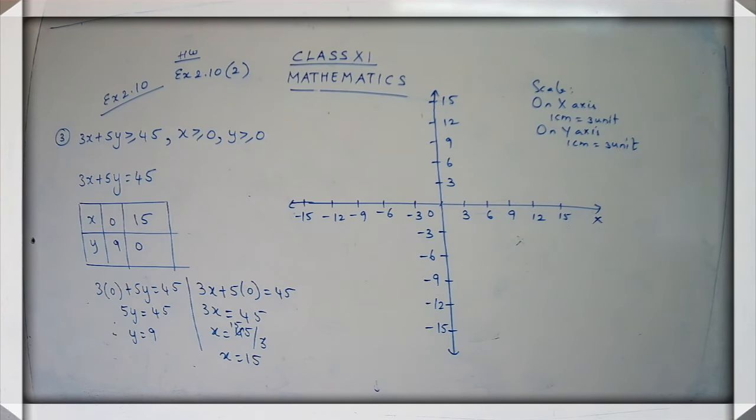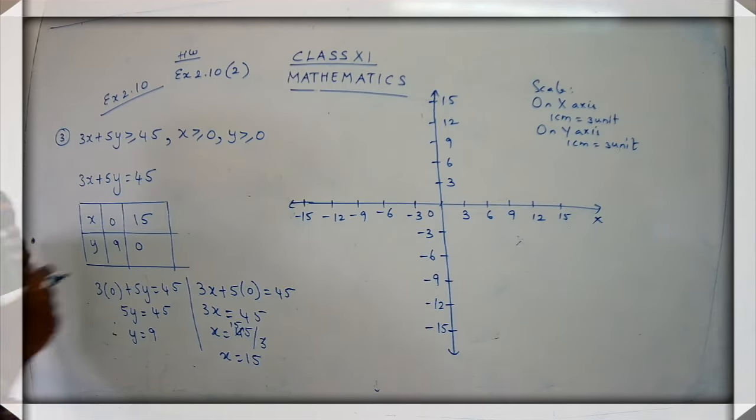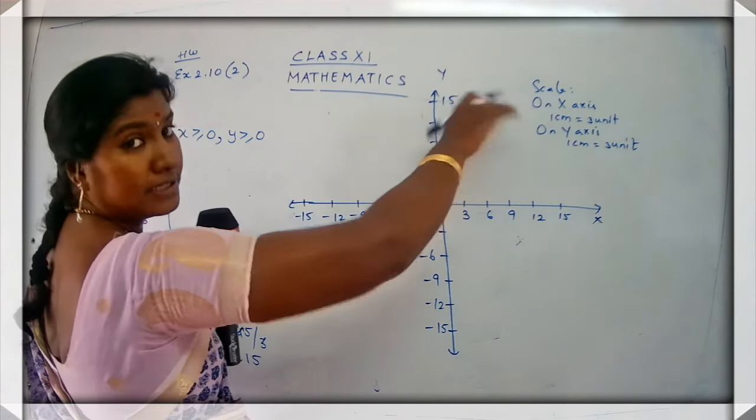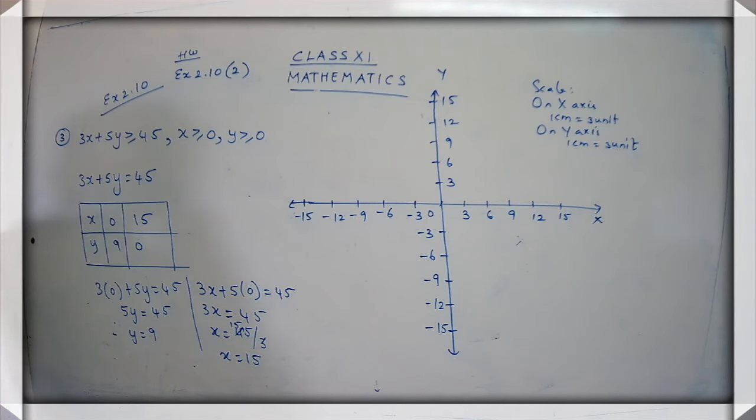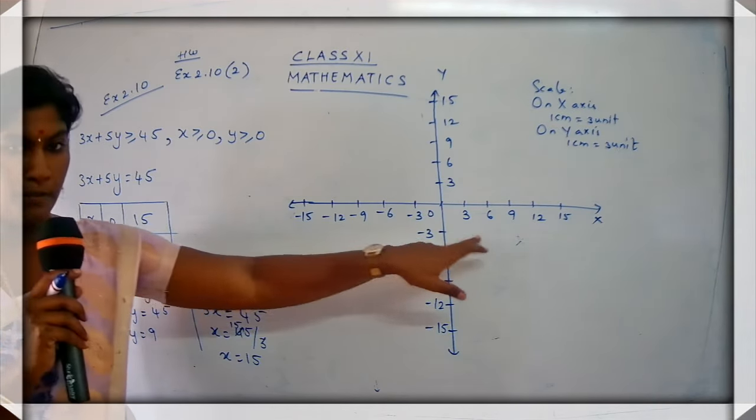Have you drawn the x-axis and the y-axis, children? Okay. Shall we plot the graph? Let's do the graph work over here. Be fast. You have to be ready with the graph paper. Just draw it neatly. Mention the x-axis. Mention the y-axis. Write on the scale. You know where to write the scale. Write on the extreme right corner. On x-axis, 1 centimeter is 3 unit. On y-axis, 1 centimeter is 3 unit. Plot the points properly, children.